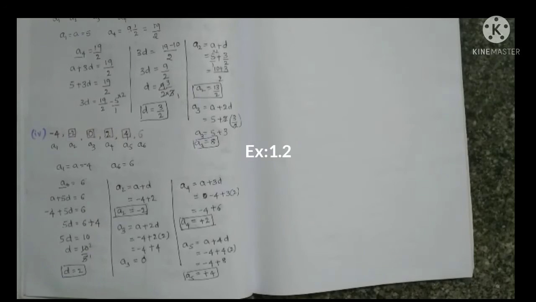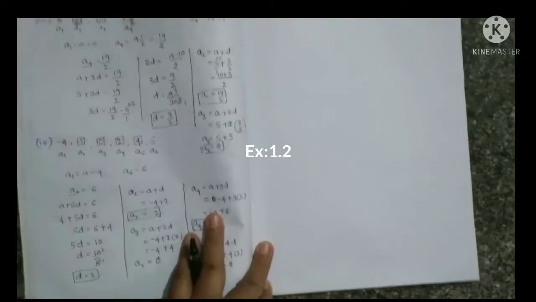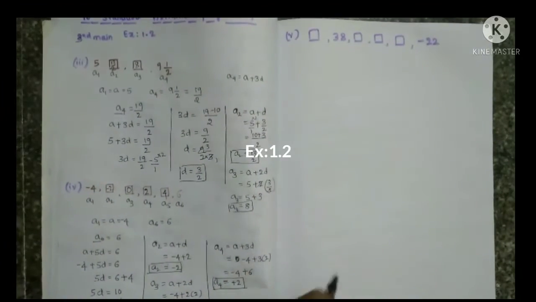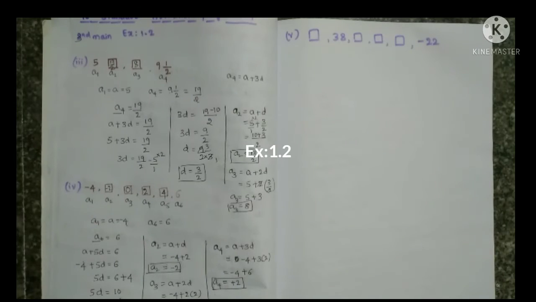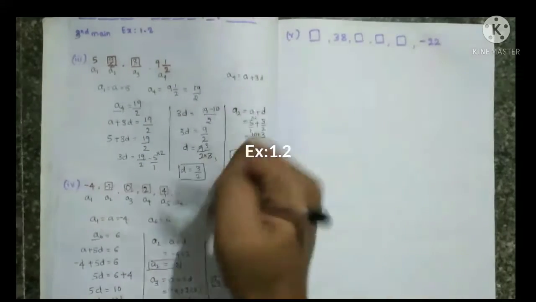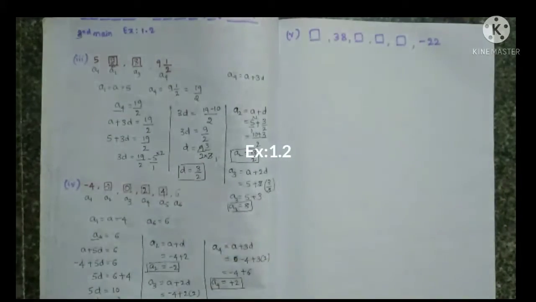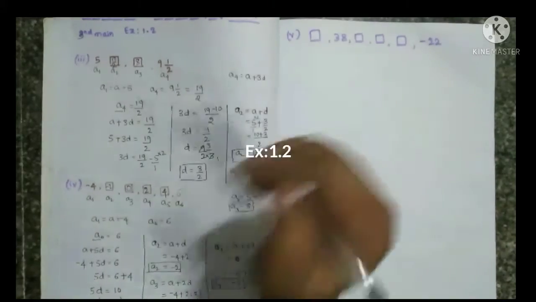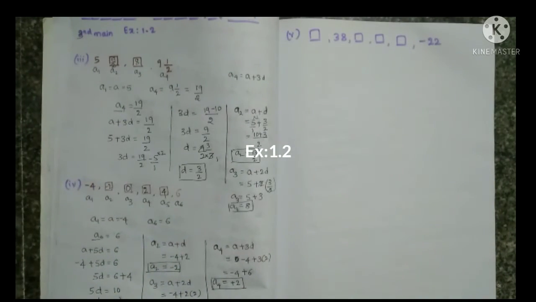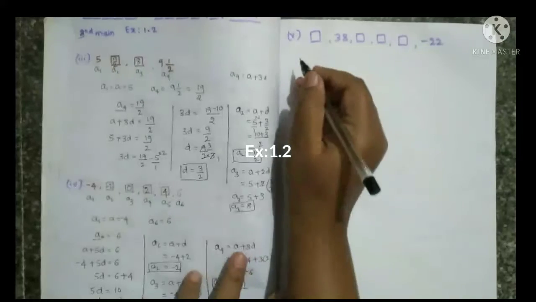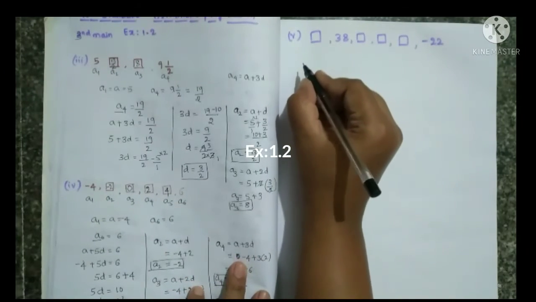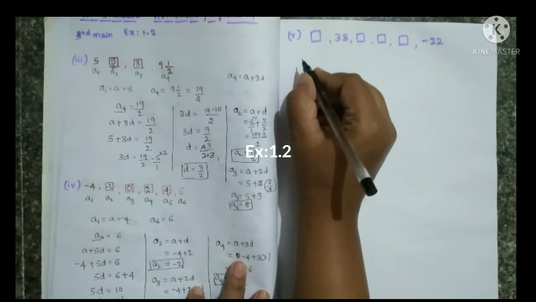Now we'll see the last sum of this third main. We'll see what they have given in the last sum. They didn't give the first term here. See, we have to solve it like the second sum. In the last video I solved a sum like this. If you see that, you can understand it here also. In these two sums they gave A directly, we substituted in the other term and we got the D value. But here they didn't give the A value. If they don't give the A value, we have to solve the equations. I already told this in the last video. If you want, see that first, then only you can understand.